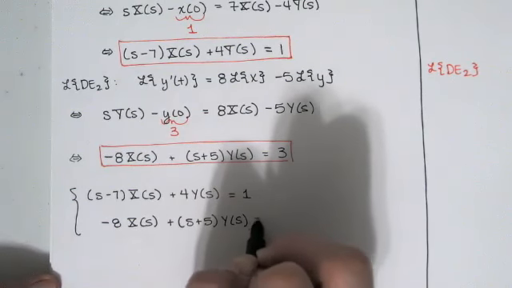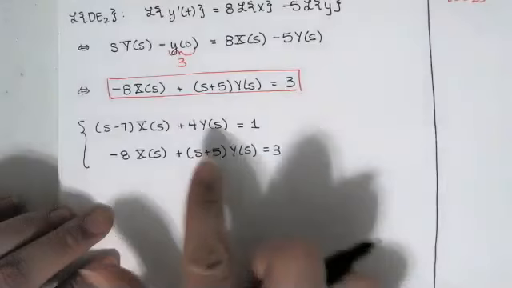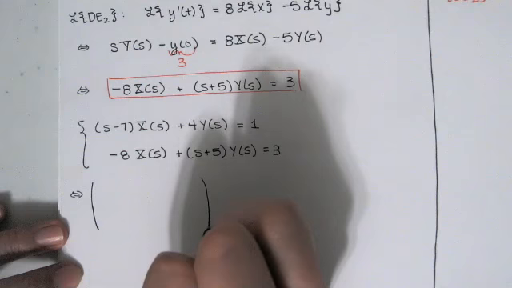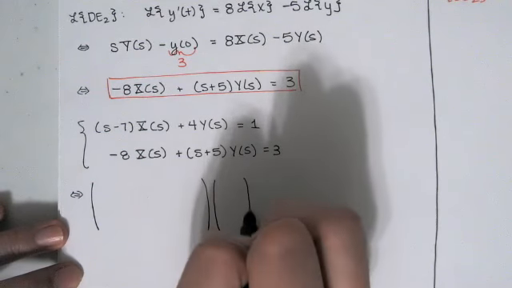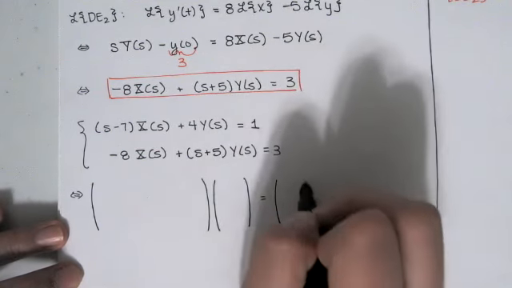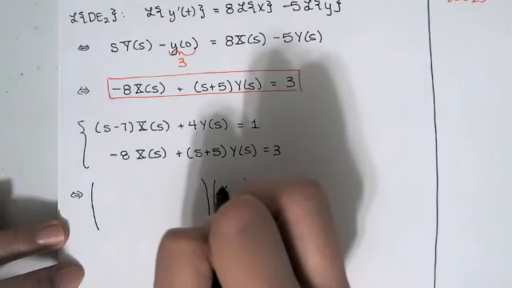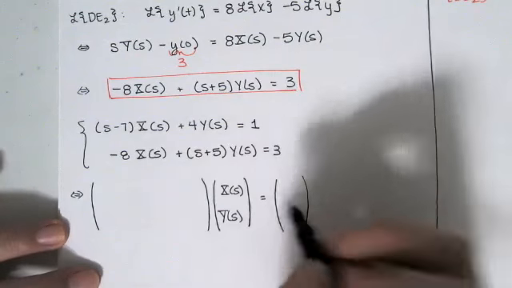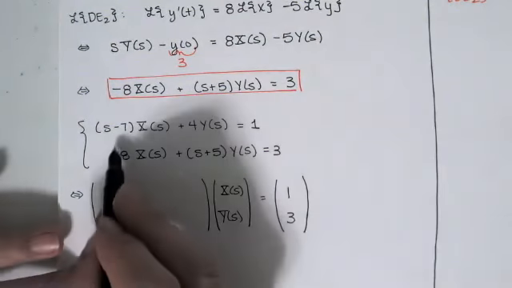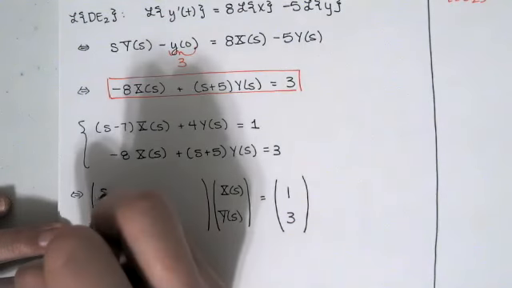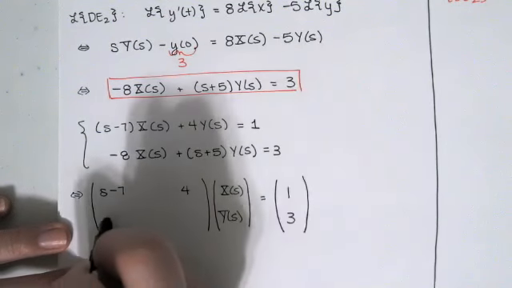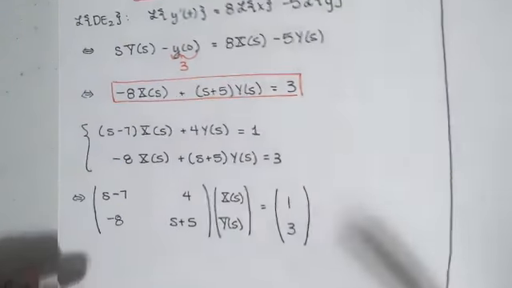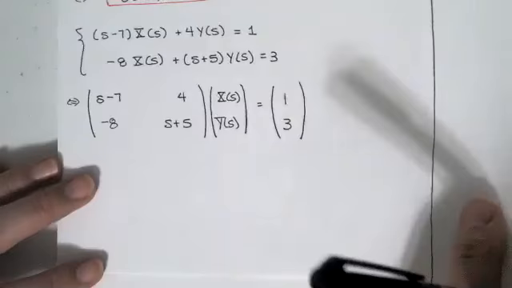So I would say that this system of equations is equivalent to this. My variables are X of s and Y of s. On the right-hand side, we have a 1 and a 3, and the coefficient functions are s minus 7 and 4 and negative 8 and s plus 5. Well, then, according to Cramer's rule,